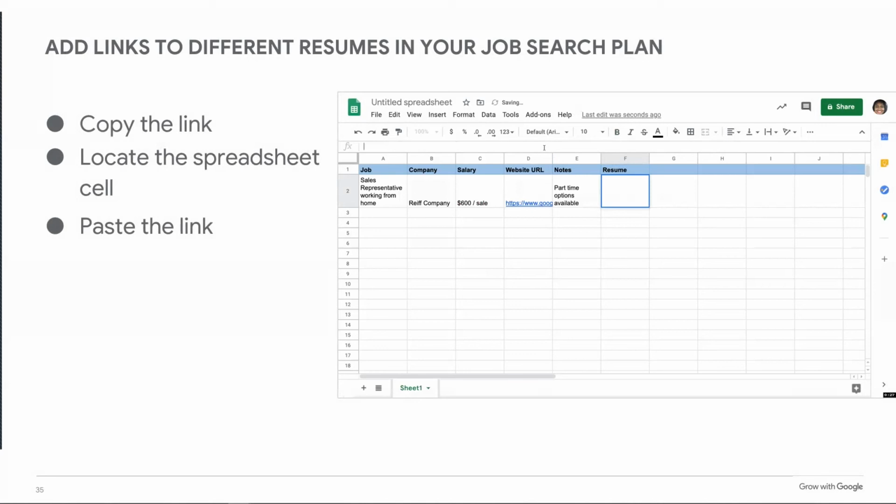So then you have easy access to the resume that was created specifically for that company. You know exactly what was written for those jobs, what details were sent out, things like that. And then you can review that resume before you go into an interview, and make it a much easier process.